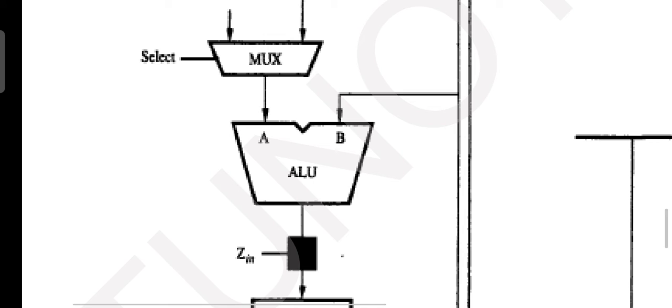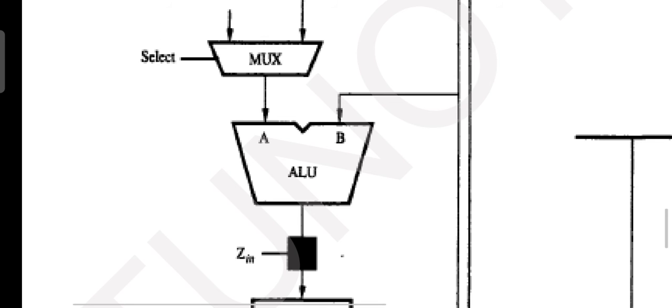The process is not ended yet. As per our requirement, the data should be placed onto the destination register R3, where the data is stored. Now the computed result is there at Z, so take the data out from Z. So you have to activate Z out, then place it inside register R3, isn't it?